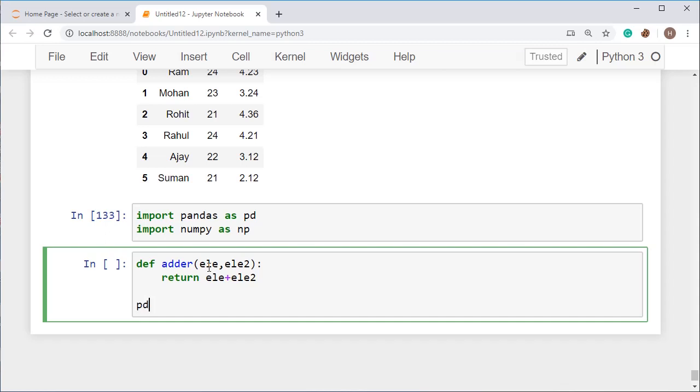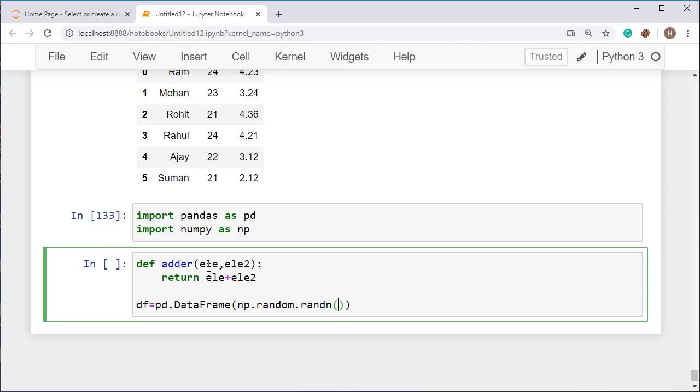For that we first have to take a data frame. So I'm taking a data frame like pd.DataFrame, and most of the time you have to create your own function and apply it on the data. So how will you do this? For that you have to use the pipe method or the apply method. So I'm just showing you an example of how to apply all those things.